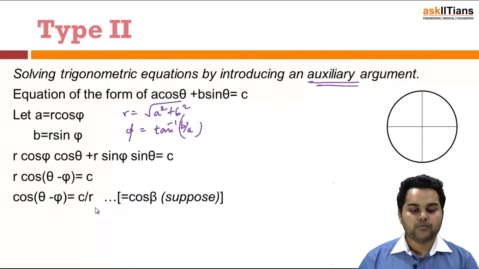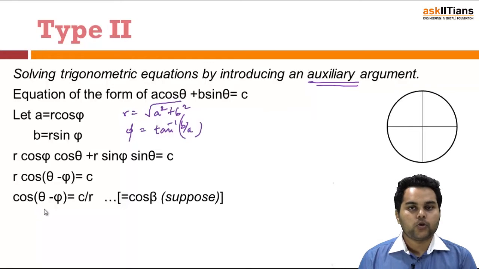Why cos? Because on the left hand side I have cos itself. So I would try to put it in a standard form, that is cos theta is equal to cos alpha. That's why I have put cos beta on the right hand side equal to c by r. C by r has been replaced with cos beta to get cos (theta minus phi) is equal to cos beta. Now theta minus phi would be equal to 2n pi plus minus beta,